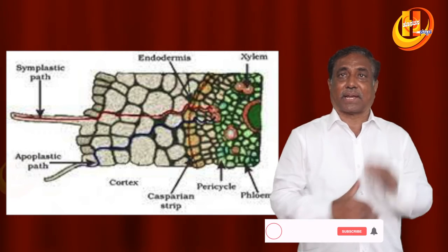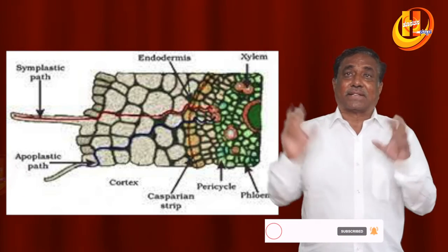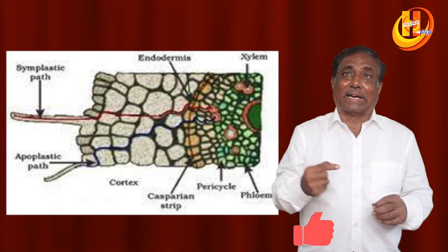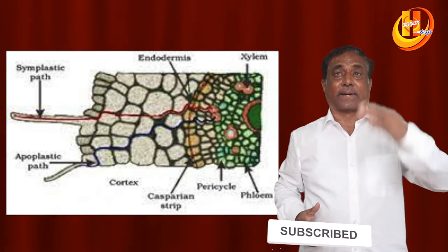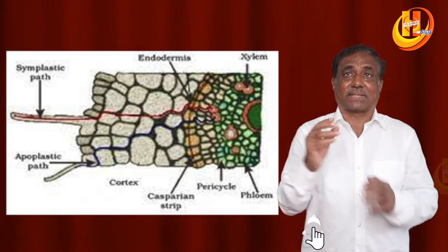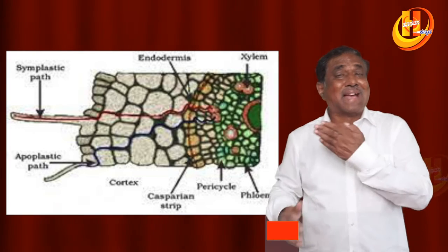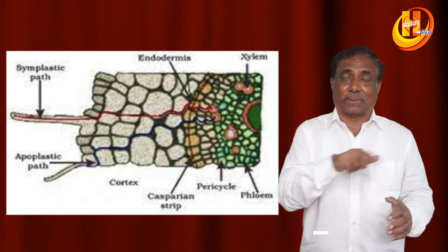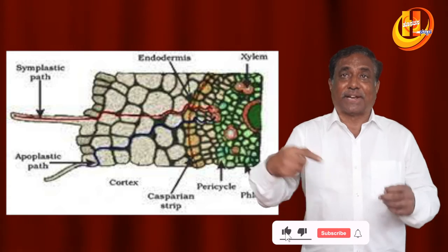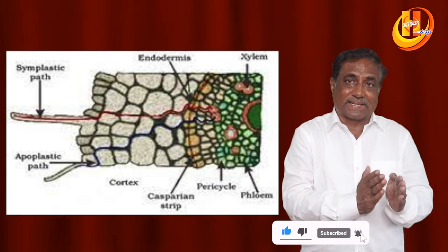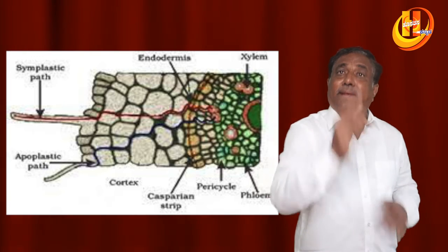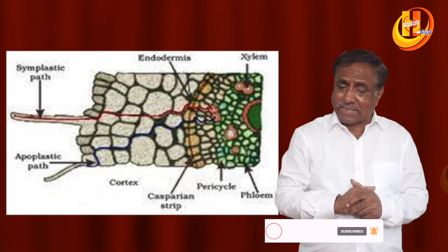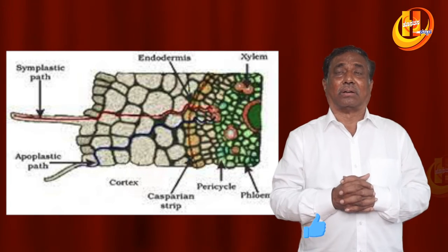that is apoplast again. Whereas coming to the symplast, the water enters through the root hairs, that is cell of root hairs, and inside it enters into the parenchyma cells along with the protoplasm, and then moves from one cell to another parenchyma cells in the cortical cells through plasmodesmata, and then passage cell, but enters into xylem. Here it is apoplast again, as it is non-living, which does not contain nucleus or protoplasm. This is very important